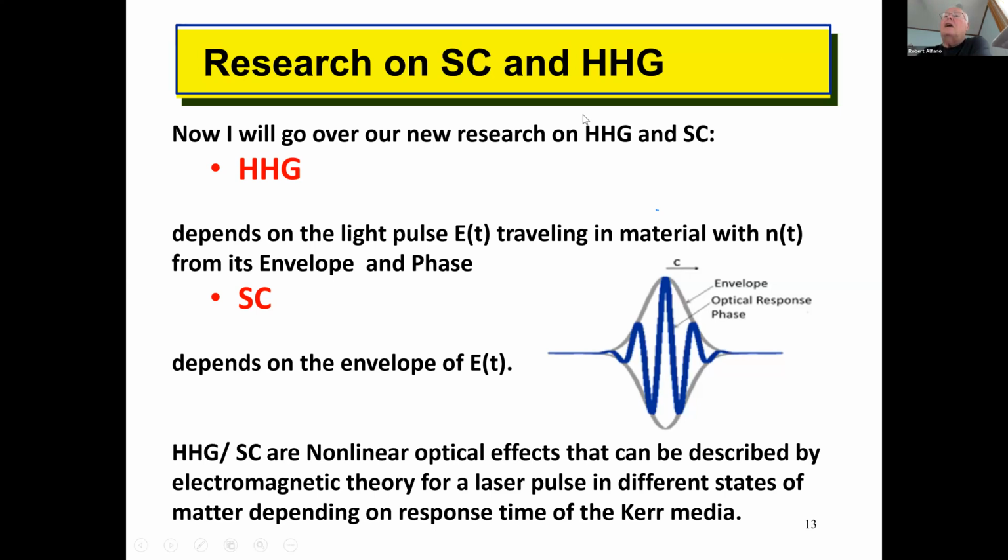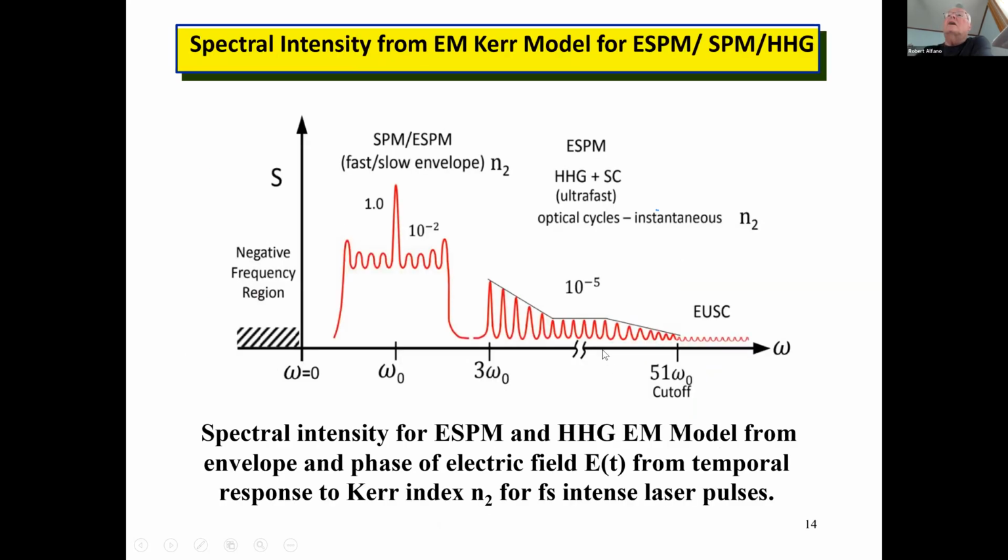So the HHG depends on the envelope and phase, while the supercontinuum depends on just the envelope. And this is a cartoon of the type of spectra you get when you have the mechanisms of self-phase modulation and supercontinuum. When you put in a laser at omega 0, the supercontinuum due to self-phase modulation spans symmetrically about